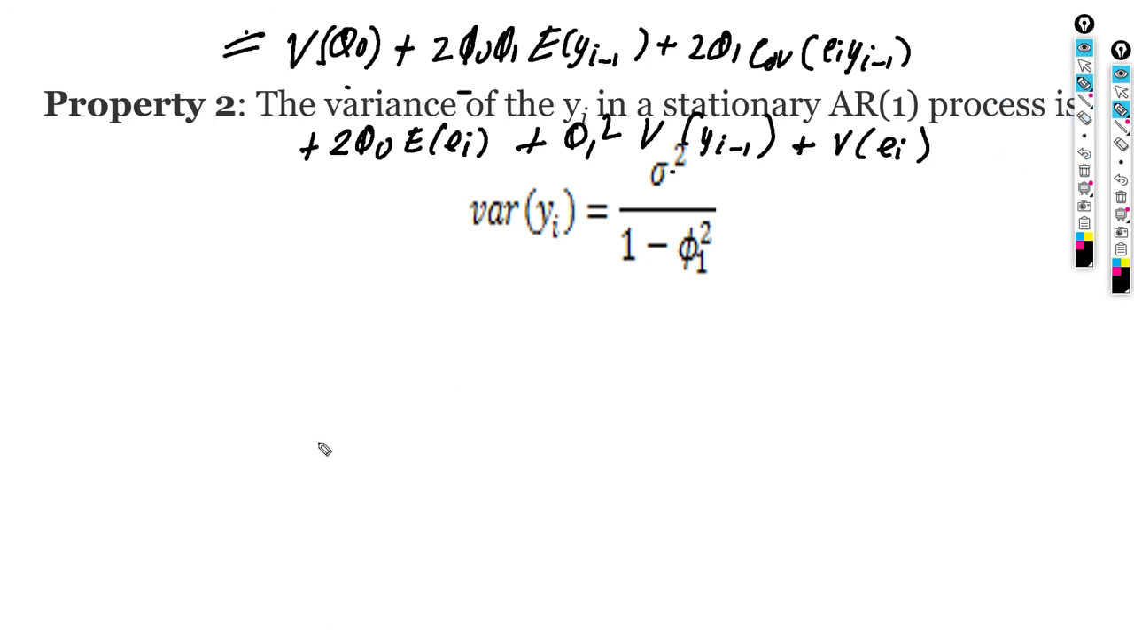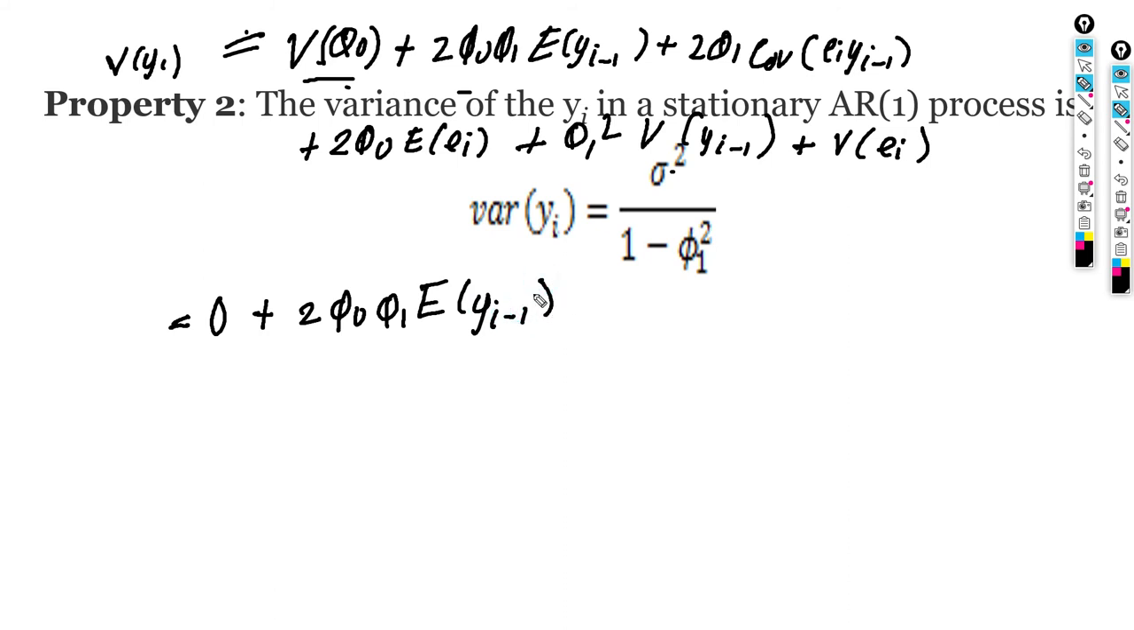Now, here is this. You go back here. Here is the variance of y_i. This is for the AR(1) model. Now by definition, if you have a constant, φ0 is a constant, a variance of a constant is zero. Plus 2φ0φ1 times the expectation of y_{i-1}. I do not know what is the expectation of y_{i-1}, plus